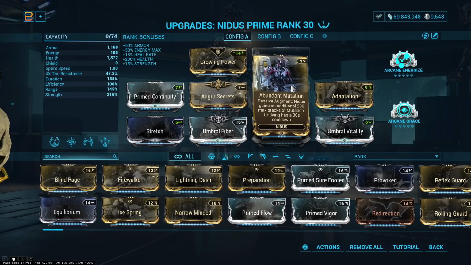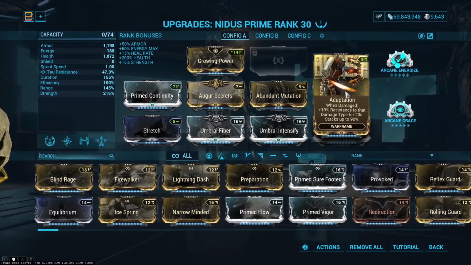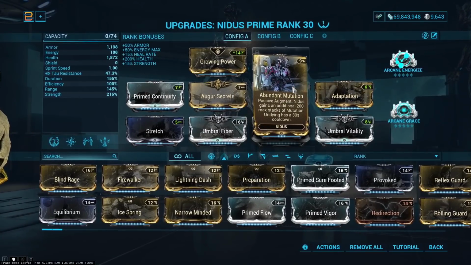So, this is a passive augment for Nidus. It grants him an additional 200 maximum stacks of mutation for a grand total of 300 mutation stacks. But, for some reason, this has a downside of a 30-second cooldown on Undying. That 30-second cooldown on Undying is actually most of the reason that we go for Adaptation, because whenever you combine